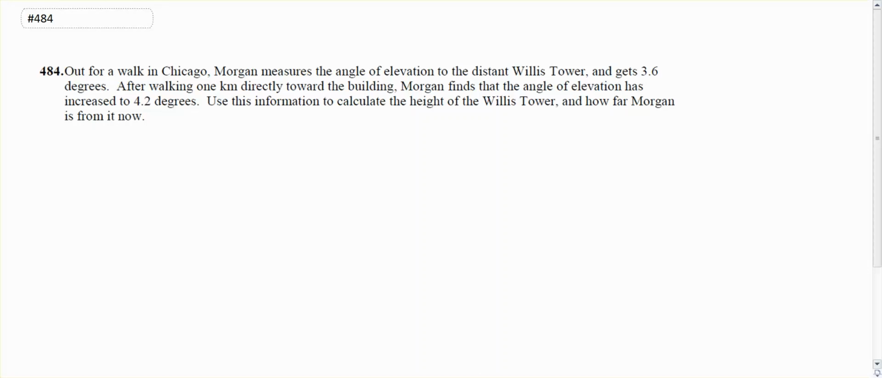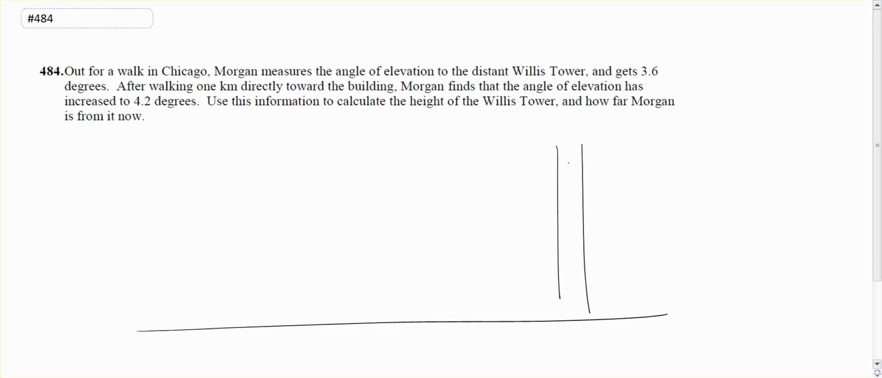So here's the ground. Here's Willis Tower, right there. All right, and we'll make that the high point of the tower. And let's see, Morgan is walking along, so we'll say here's where Morgan is at first, and has an angle of elevation at the top of the tower, and it's 3.6 degrees. So there's the angle of elevation right there. And then Morgan walks 1 kilometer towards the tower,